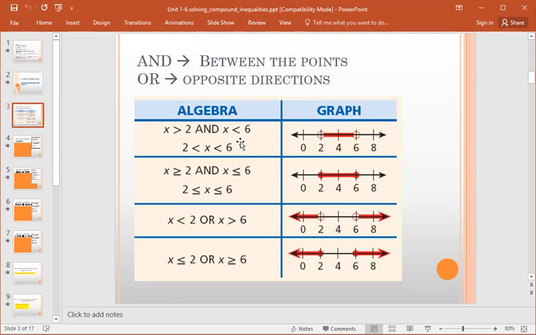So the first example is x greater than 2 and x less than 6. You can see because they are less than or greater than, the 2 and the 6 both have open circles. And because we have an "and," the area between the 2 and the 6 is what is shaded. So that means that any values between 2 and 6, but not including 2 and 6, are a solution to the graph. So in other words, 3 would be a valid solution, 4, 4.5, 5,